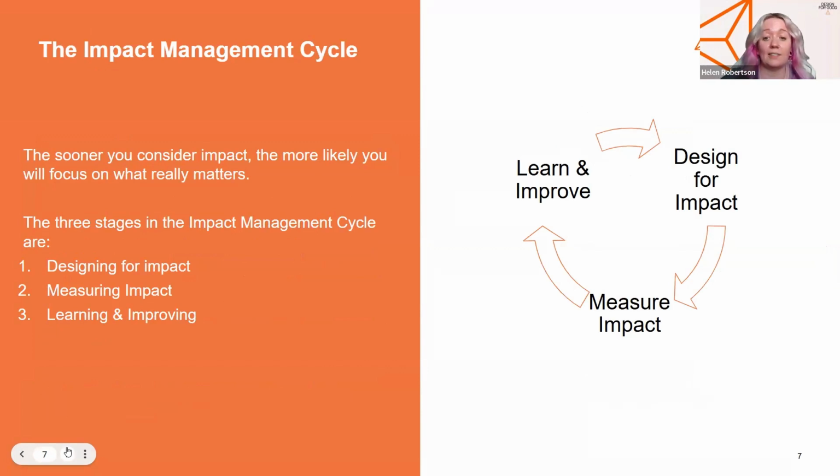It consists of our 3 stages: designing for impact, where you start by asking critical questions. What are our goals? Who are our stakeholders? How much time do we have? Where can we find the information we need? And crucially, how will we measure impact? At this stage, you're setting the foundation for managing your goals. For Design for Good projects, it's important to consider how your design can enable your DevOrg partners to measure impact